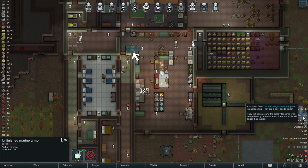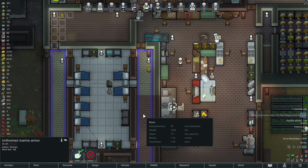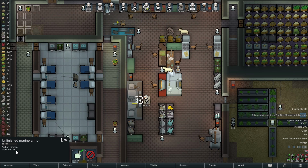Another bulk goods trade day is approaching. This is very good. We don't have much in the way of silver, but it's fine. I'm sure we can find something to sell them. Kirchin is working very hard on getting this done. So what we're going to do is, as soon as that's done, the second that is finished...